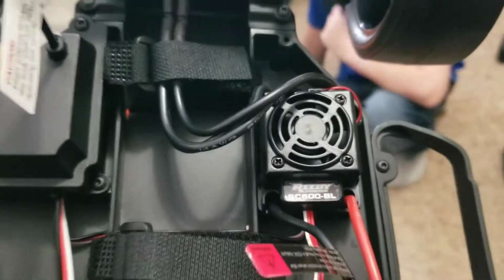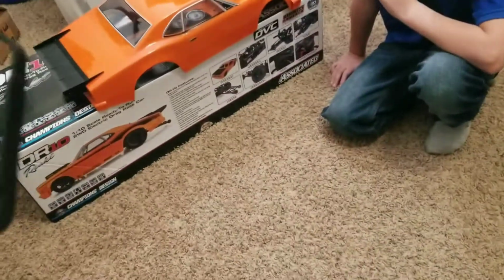Uh-oh. It's got a Reedy servo in there. This didn't work. And this looks like it's already been run. The Reedy ESC. No, it ain't been run. It's just messed up, I guess. There's this. I don't know if that's supposed to be attached, but...